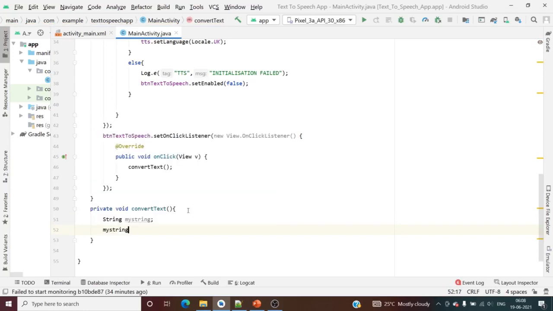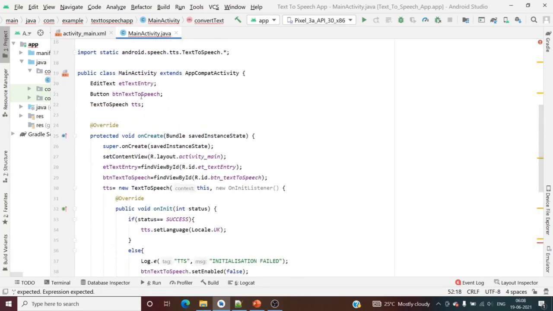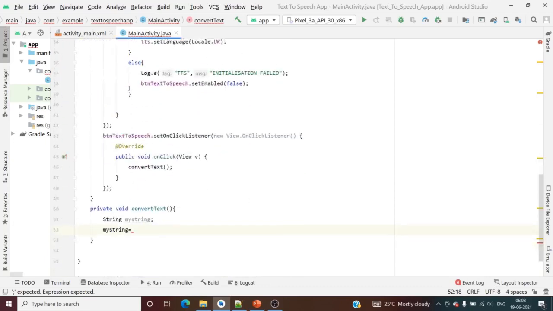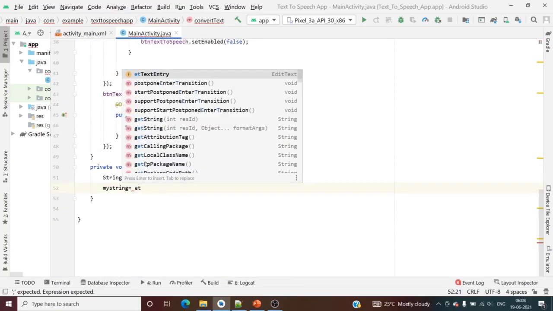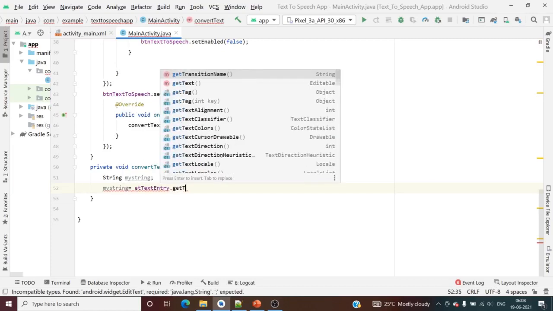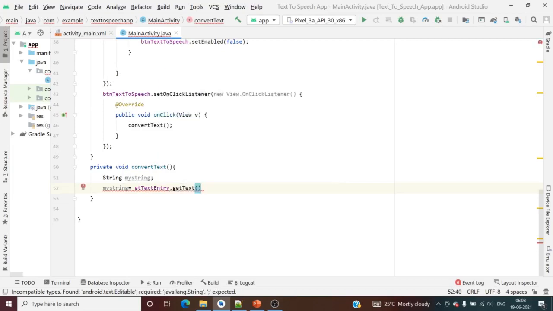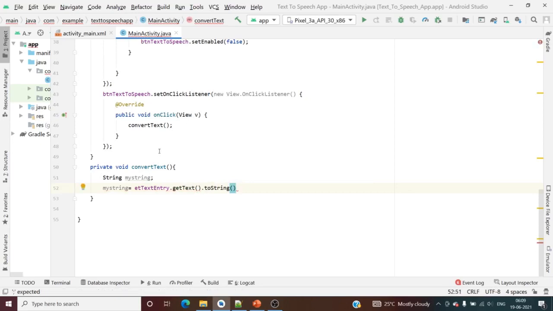From where will you get the string? My string is equal to, actually you will get it from this, correct, etTextEntry.getText, and then the toString method so that it is converted into a string. Right, your text is available.